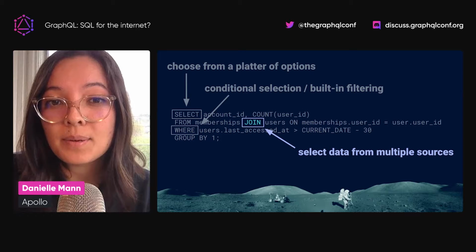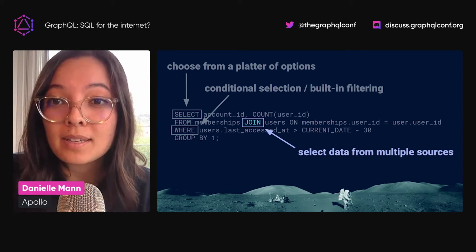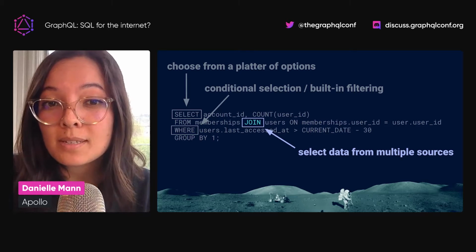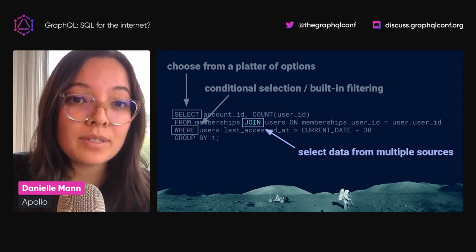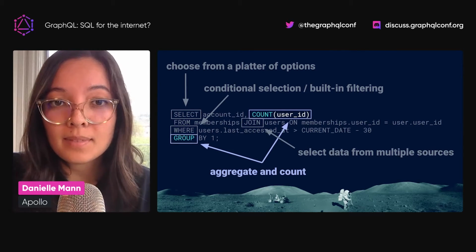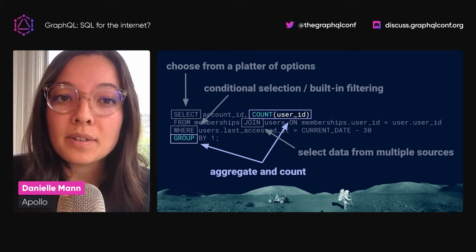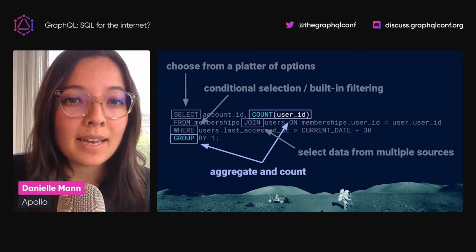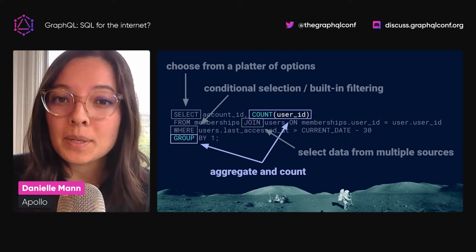So I think that the GraphQL experience here is much better for the average data browser than the SQL experience in this case, because the joins are built in and you don't have to redo them every time you write a query. And then the last thing I want to point out for now is this ability to group and count. The idea that we can apply aggregation and array functions to our queries to do